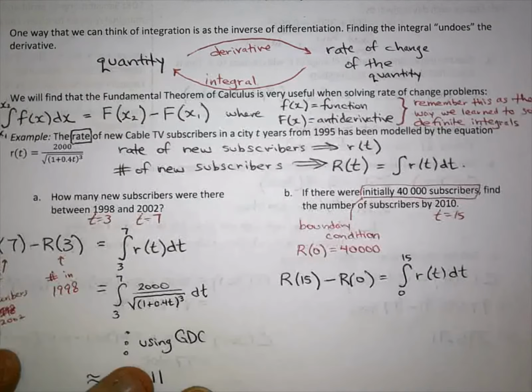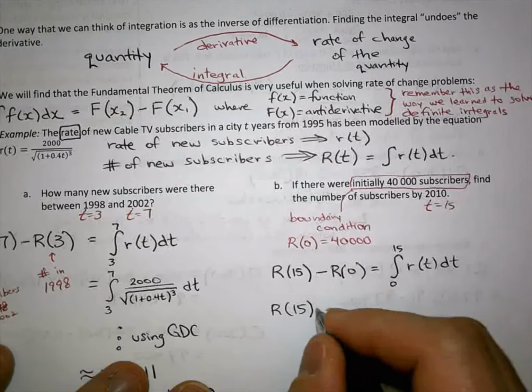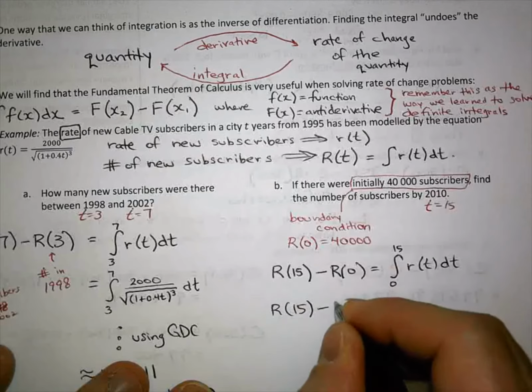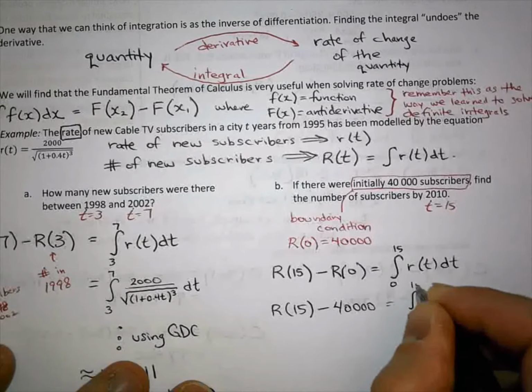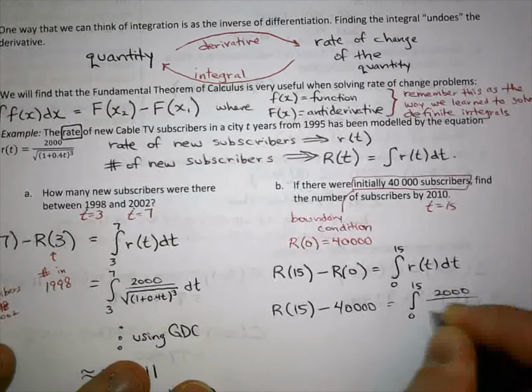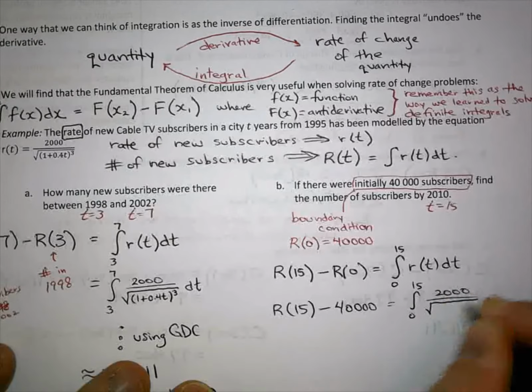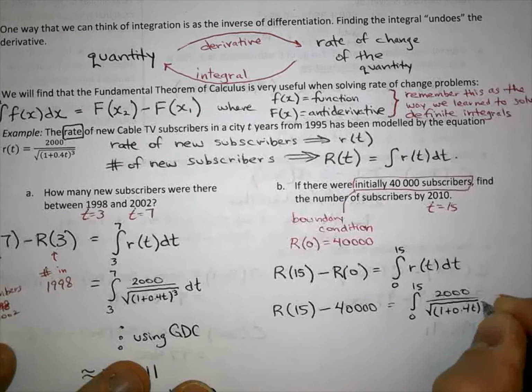If I sub in some of the things I know here, I get R at 15, which is what I'm trying to find, minus, okay, R at 0 is 40,000, and that's the integral from 0 to 15 of this horrible function, which is 2,000 over the square root of 1 plus 0.4t all cubed